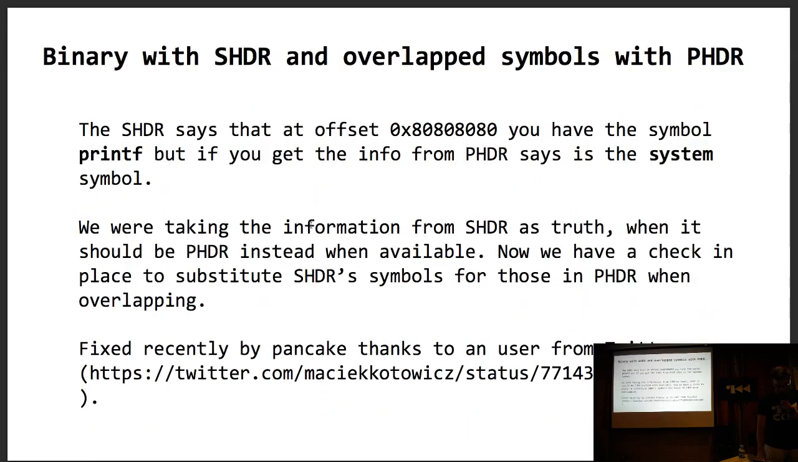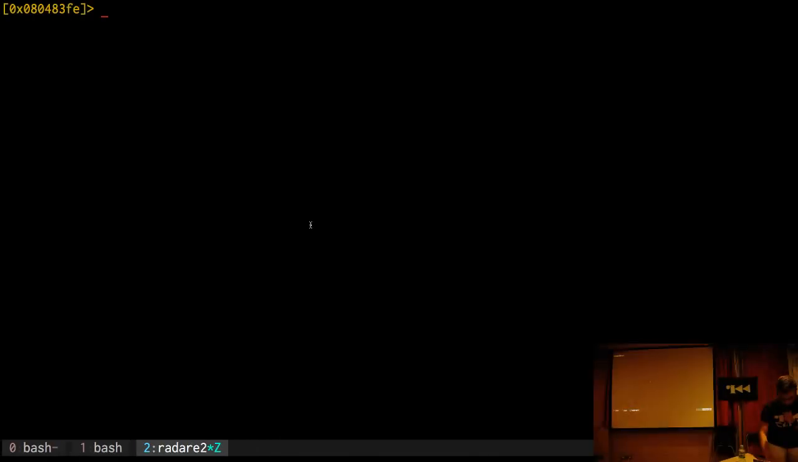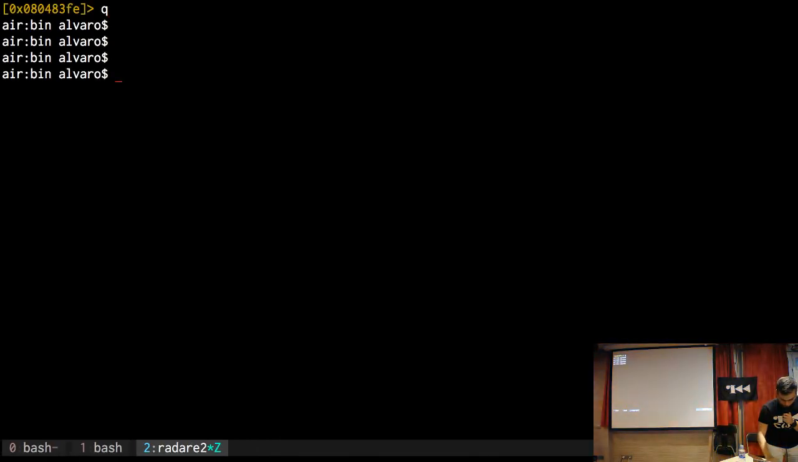This was fixed last week, I think, no, Pancake? Yep. And it was reported on Twitter. So now, for example, what happens if we have a section header that says a specific object, where you can find a simple print, but in the program header, it says you have system. So you're going to get confused, okay? So if we try to load this binary in Radare,